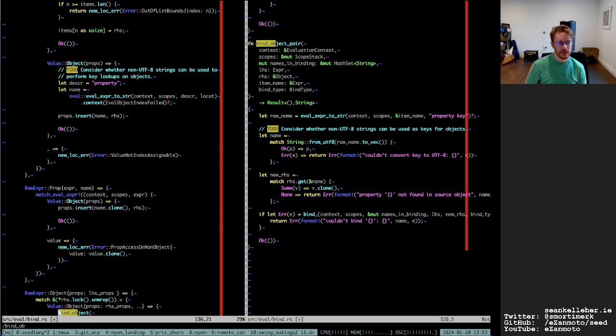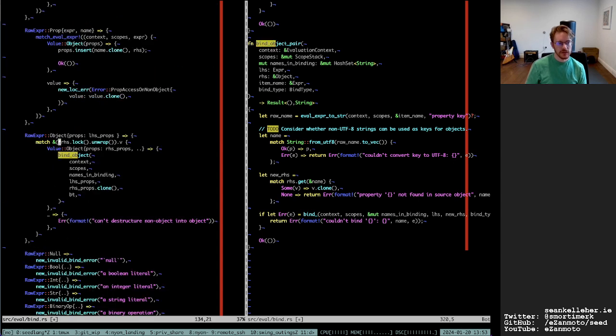So bind object. And can I do a match eval expression here? I'd say I can.